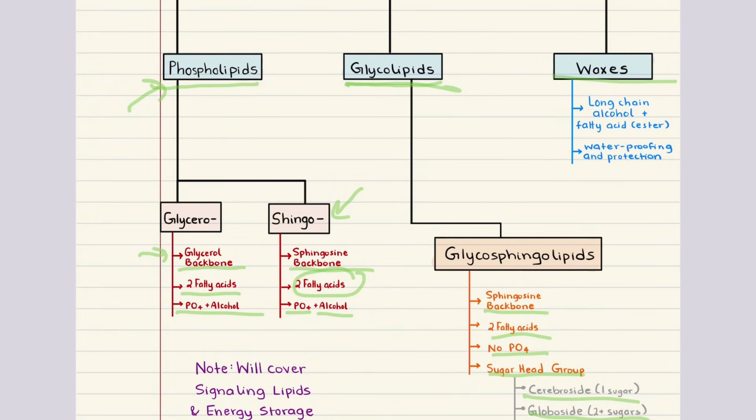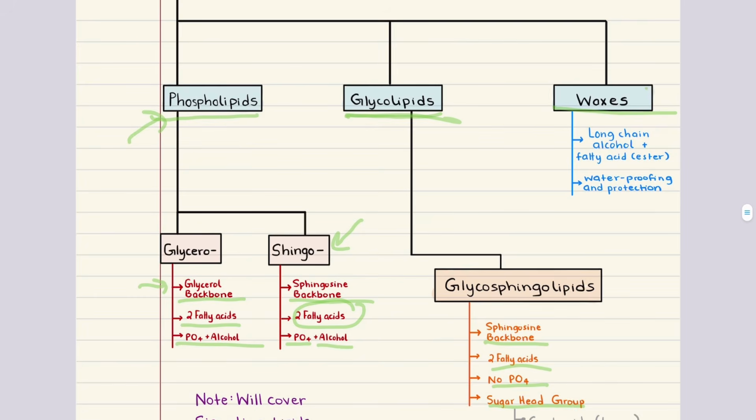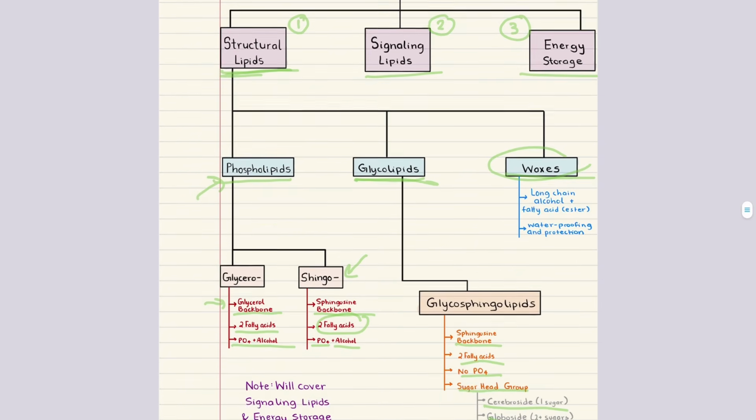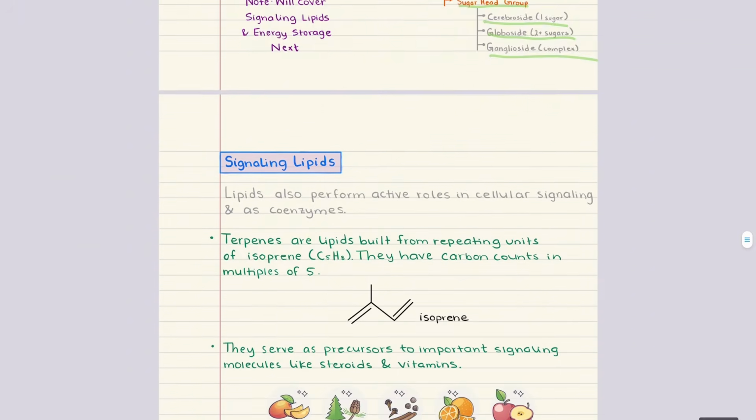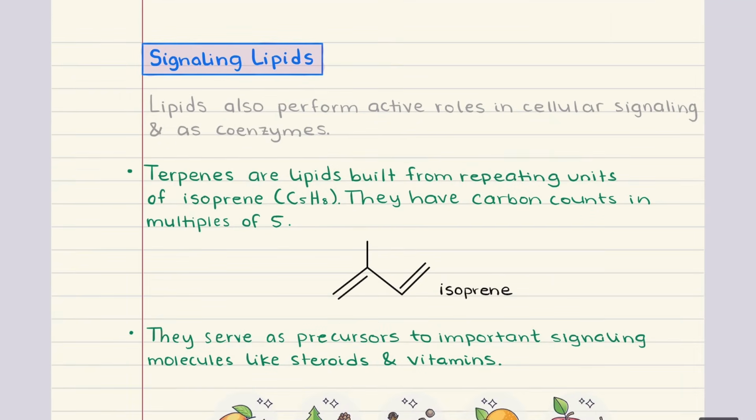Finally, we also covered waxes, which are formed from a long-chain fatty acid and a long-chain alcohol. These are highly hydrophobic, and they're used by plants and animals for waterproofing and protection. So with that, we've completed the first objective, and we can move into the second objective, which will focus on